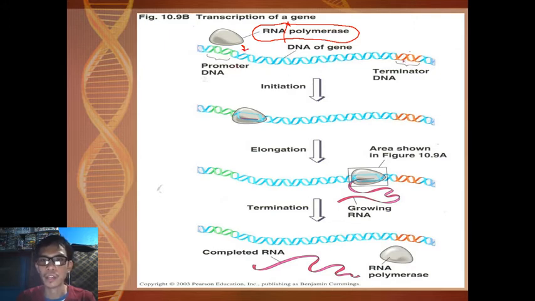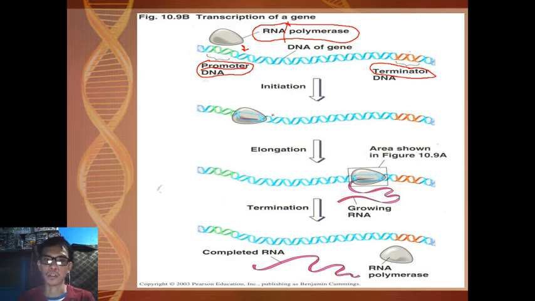It will start first on the side of the promoter DNA. From the word itself, promoter, it promotes transcription, it promotes protein synthesis. So this is the start, and from the word itself, terminator, this will end the